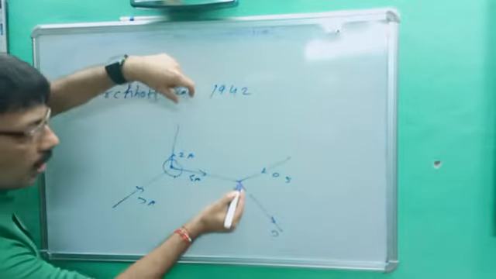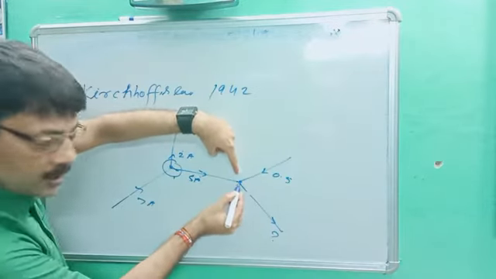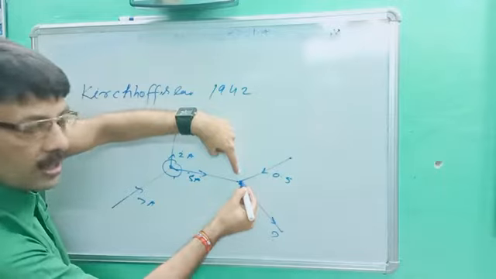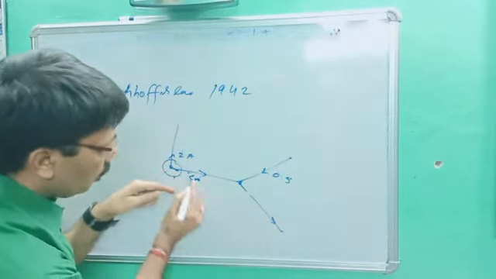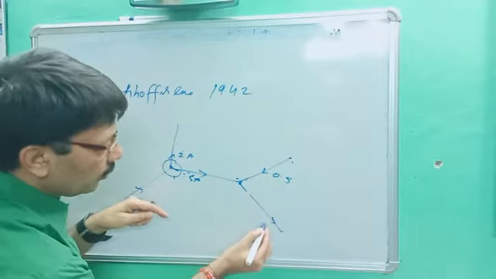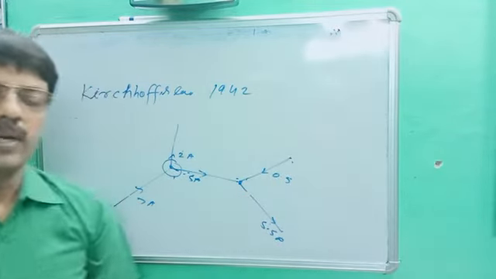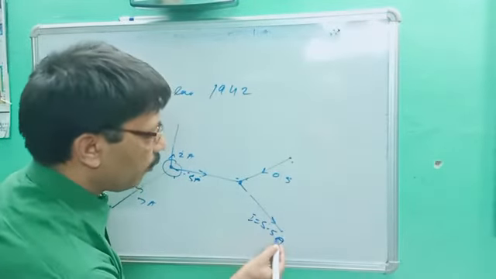Now, what is our next junction? 5 ampere current is joining the junction because this direction is toward the junction, and again 0.5 ampere is joining the junction. It means both currents are joining the junction and they will go that side. So 5 ampere and 0.5 become 5.5 ampere current flow. Very easy way you can get the answer. So our answer will be: current will be 5.5 ampere.